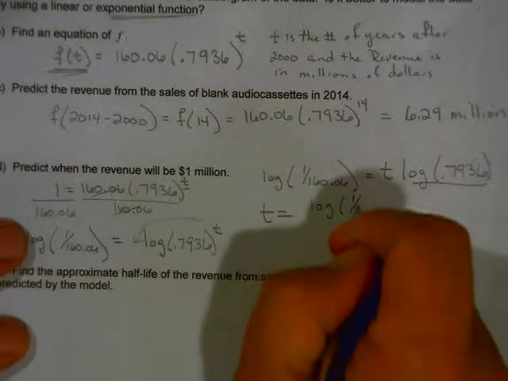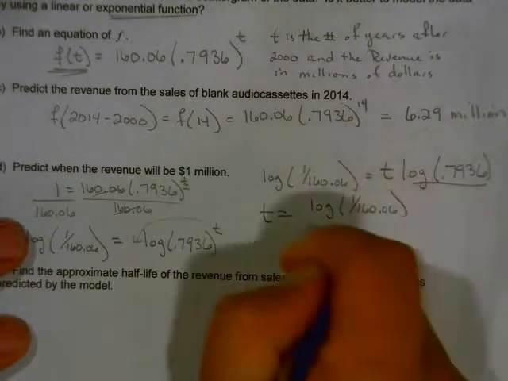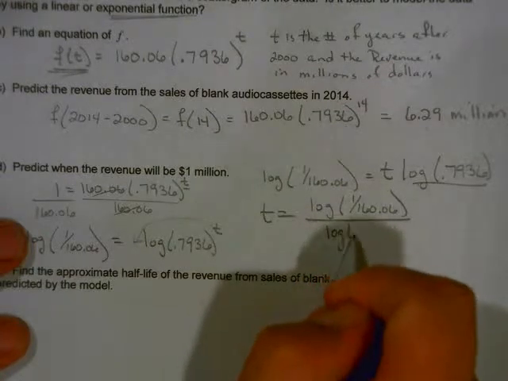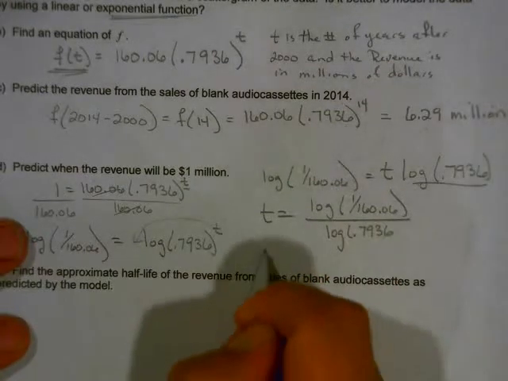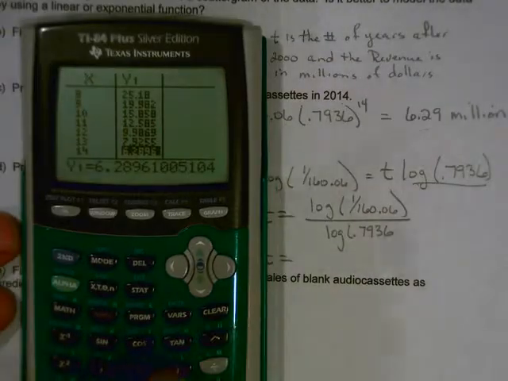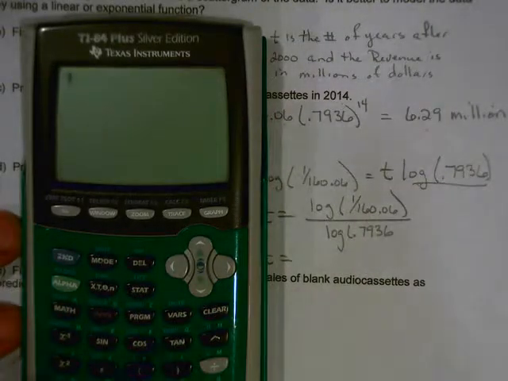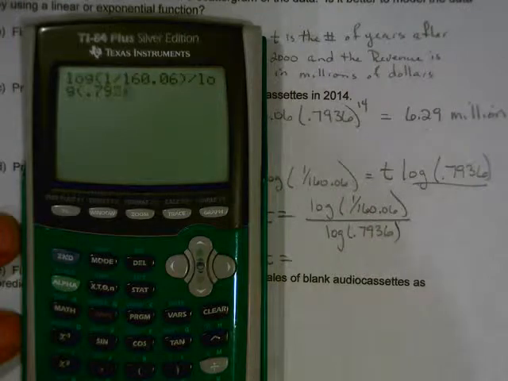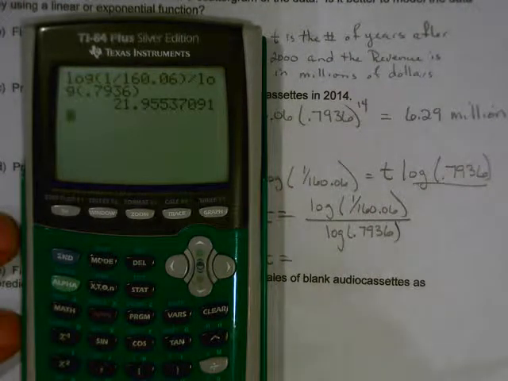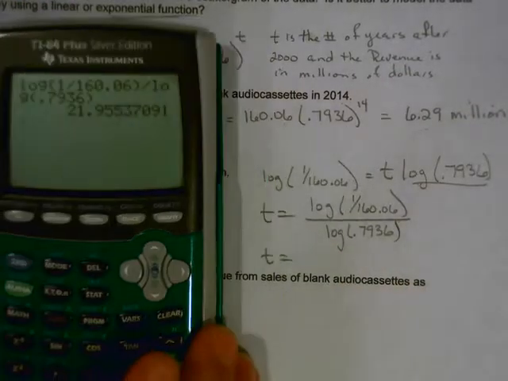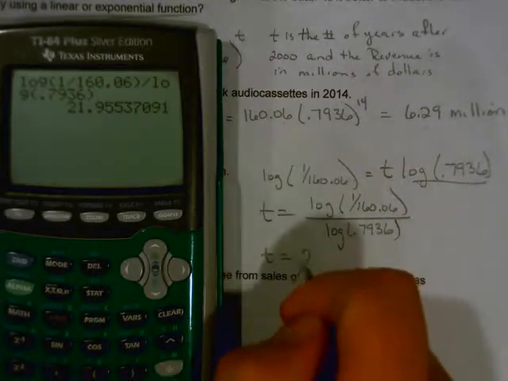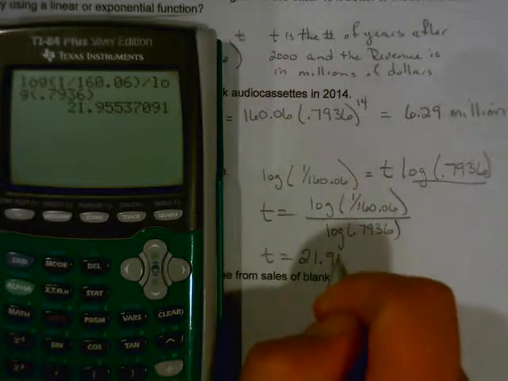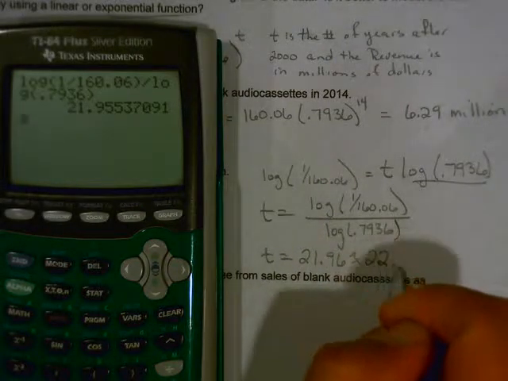So log of 1 divided by 160.06, divided by log of 0.7936, and I get t equals log of 1 divided by 160.06, close your parenthesis there, divided by log of 0.7936, close our parentheses, and we get roughly t equals about 21.96, or approximately 22 years